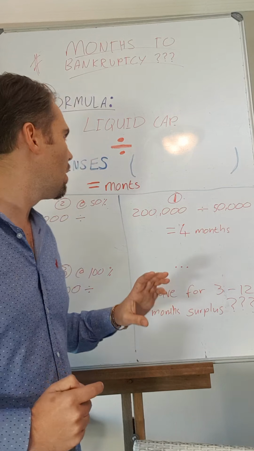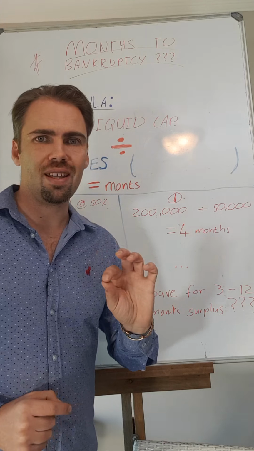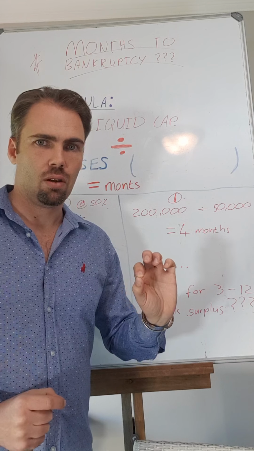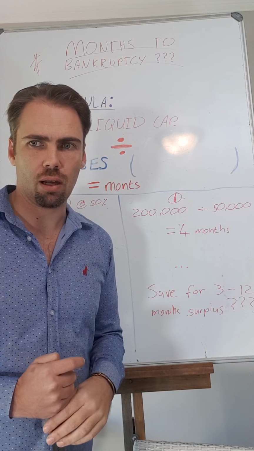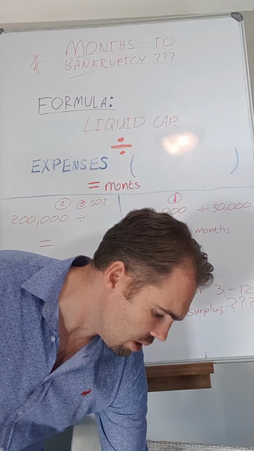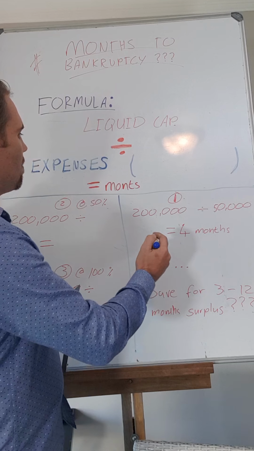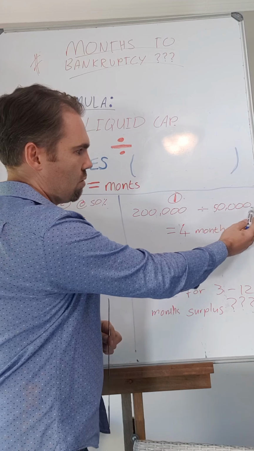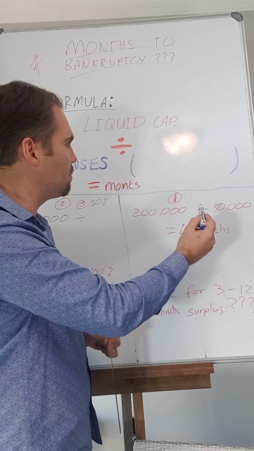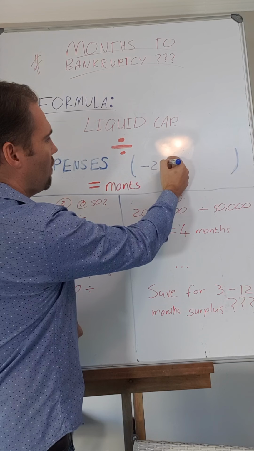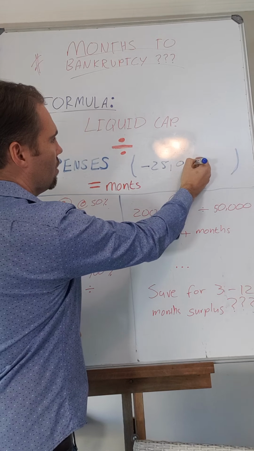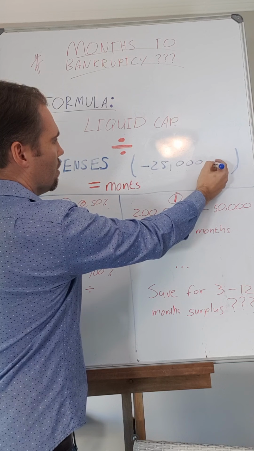So look at this. If we are able to automate some of our income, we can subtract that from our expenses, but only if it's automated income. So let's say, for instance, we can automate 50% of our 50,000 a month expense. So that means I can subtract 25,000 per month, right?